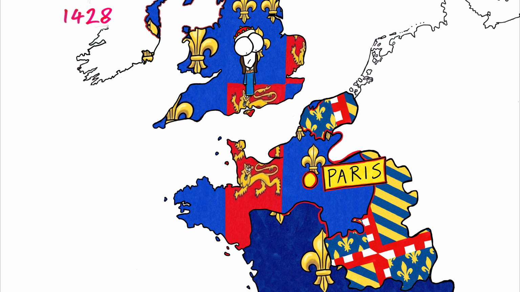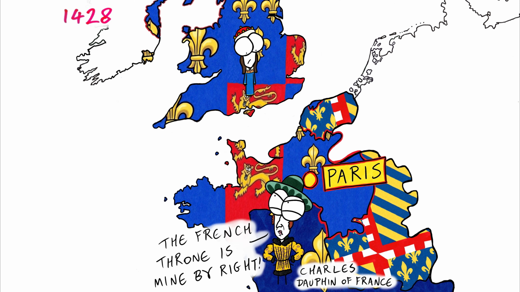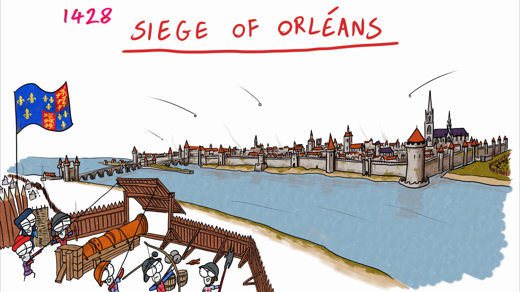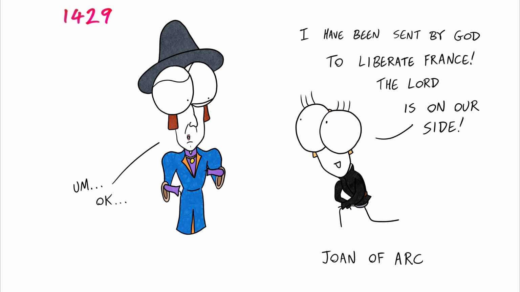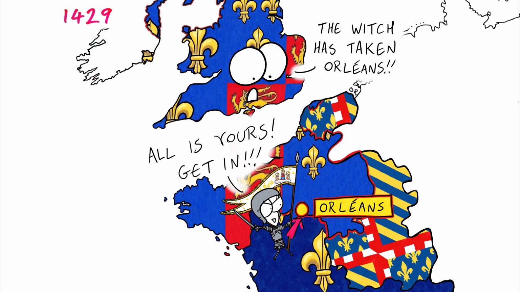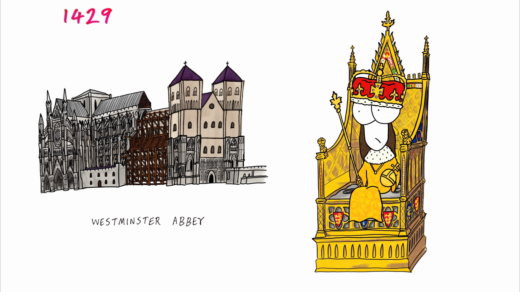Given that Henry was still a child, his position as King of France was not recognised by all the French, particularly by the would-be King Charles VII of France. English forces decided to lay siege to Orléans, key to the south and loyal to the Dauphin. After months of harsh siege, a 17-year-old girl named Joan of Arc went to the Dauphin, claiming God had told her to liberate France from the English. She was sent to Orléans, where French forces fought off the English, leading to Charles VII crowned King of France in Reims. Soon after, the child Henry was crowned King of England in Westminster Abbey.